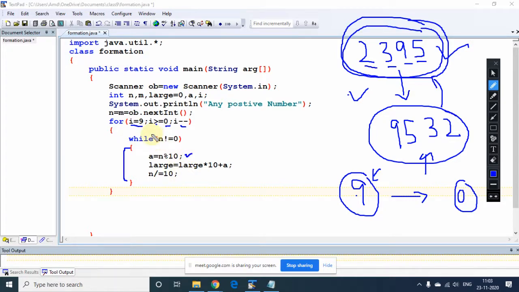So Arisha, please pay attention. The mistake I am going to discuss is what you did last time. See, the initial value of i starts with 9. Suppose the number is 2395, right? First of all we get 5. Then the number will be 239. Next time it will be 9. Then the number will be 23. I am removing this. Then 3, and the number will be 2. Then 2, and then the number will be 0, because we are removing 2.